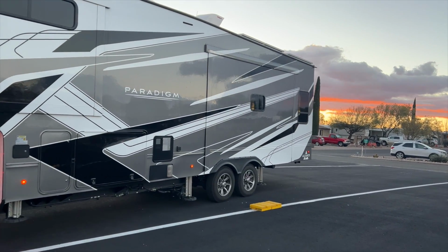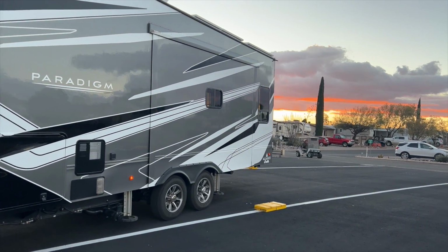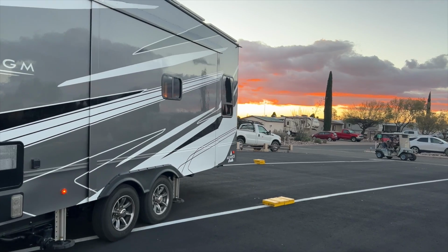But with our MORryde independent suspension, it does have a gross vehicle weight rating of 16,800 pounds. That's pretty heavy. You throw on a 100-gallon freshwater tank and 150 gallons of wastewater, and those pounds add up really quickly. We have some new news pertaining to this, but before we share that, we thought today would be